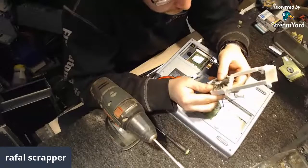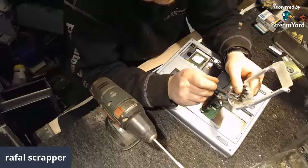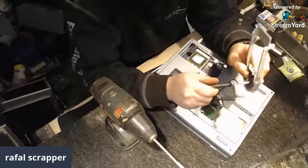And there are 3 more screws in here. I just see them between those wings on this tiny...